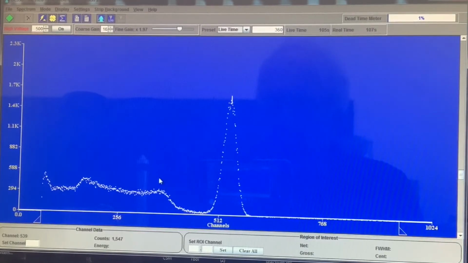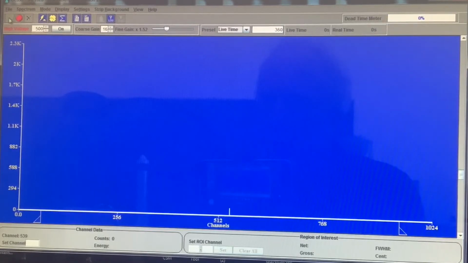That would take a 280 peak and put it off scale. So that's too high of a fine gain. Let's make it 1.5. That would make this 24, 3 times the original value of gain. Okay, and let's get rid of the spectrum and start again. So indeed, you can see that the same 662 keV gamma can be in just about any channel we want